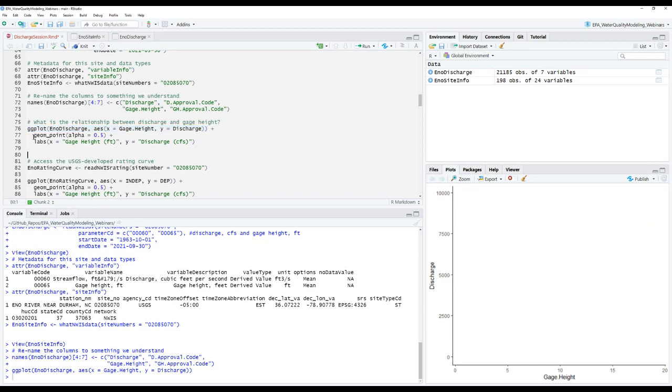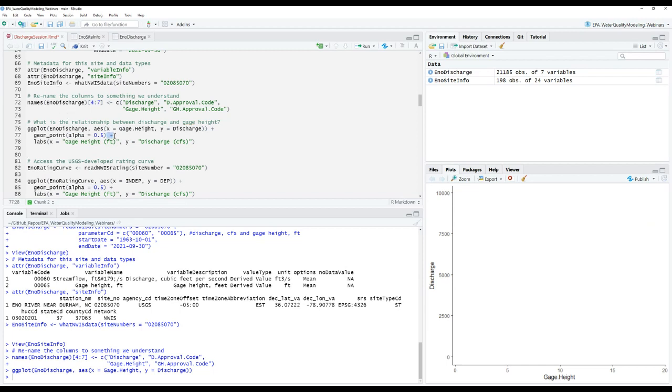So from there, we can add what we call geoms. And so these are the actual information that ggplot will use to make our graph, to actually put data on the graph. So in this case, we'd like to use geom_point. I've just selected here to make the points 50% transparent, just because there are a lot of points that we're going to be visualizing. So that helps to actually visualize points on top of each other. That's optional, but I think it's a nice trick when you have a lot of data to plot on the same graph.